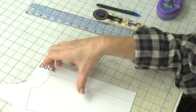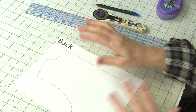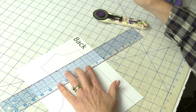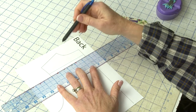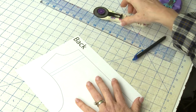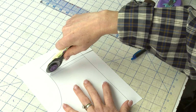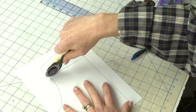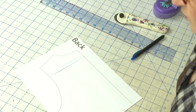I have a traditional back, or a set and sleeve back, and I just want to remind you here, what you do for a high round back is some version of creating guidelines near the back neckline, okay? And then what you're going to do is you're going to slash through. I'm just going to make some pivots at the armhole. Okay, so you're pivoting at the armhole, you're slashing, and then what you're going to do is you're going to